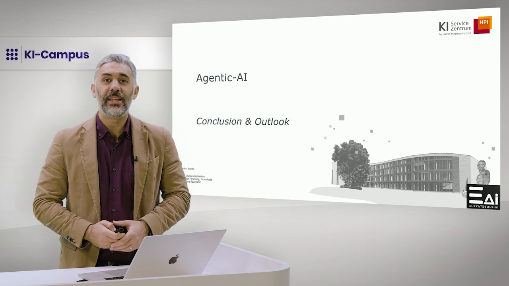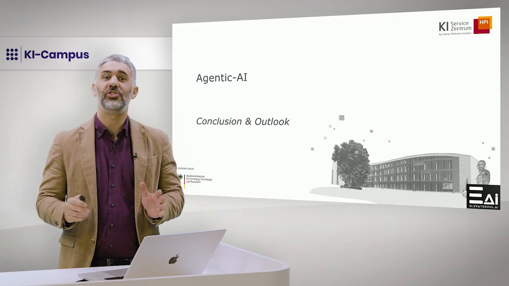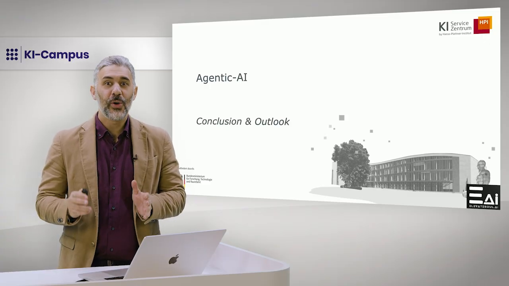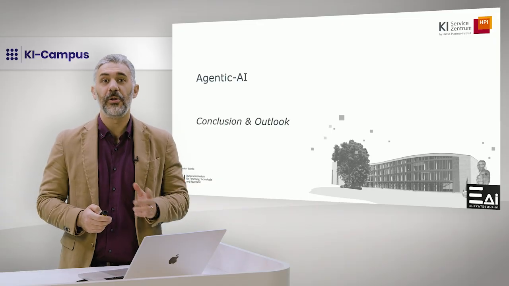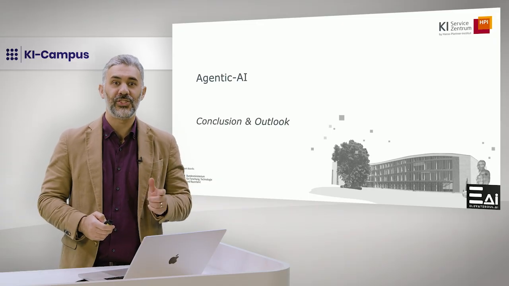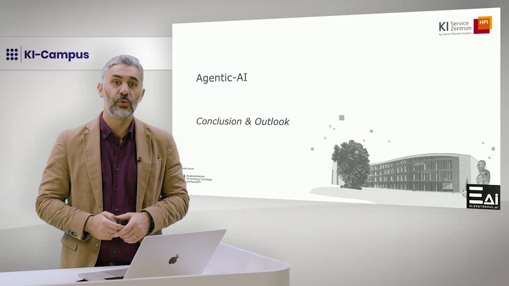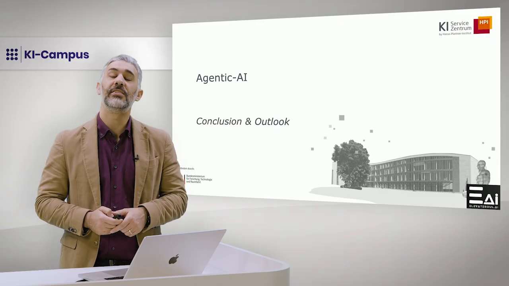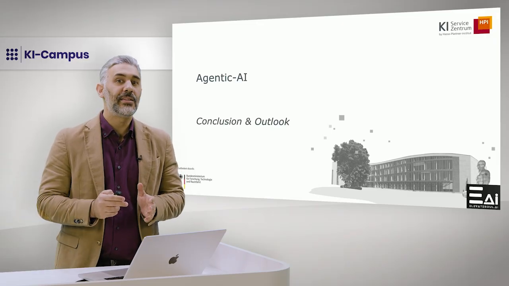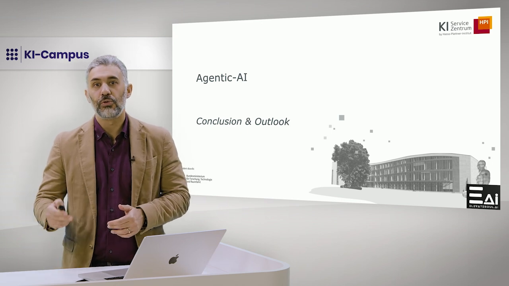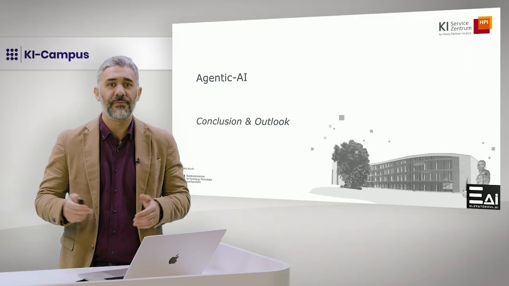As we come to the end of this course on Agentic AI, it's worth stepping back and looking at the journey we've been on. Throughout the past modules, we explored how modern AI systems move beyond simple prompting into full agentic behavior, systems that can reason, take actions, use tools, coordinate workflows, and continuously improve. We examined the architectural pieces that make this possible: models, tools, memory, context, local models, evals, observability, and fine-tuning.